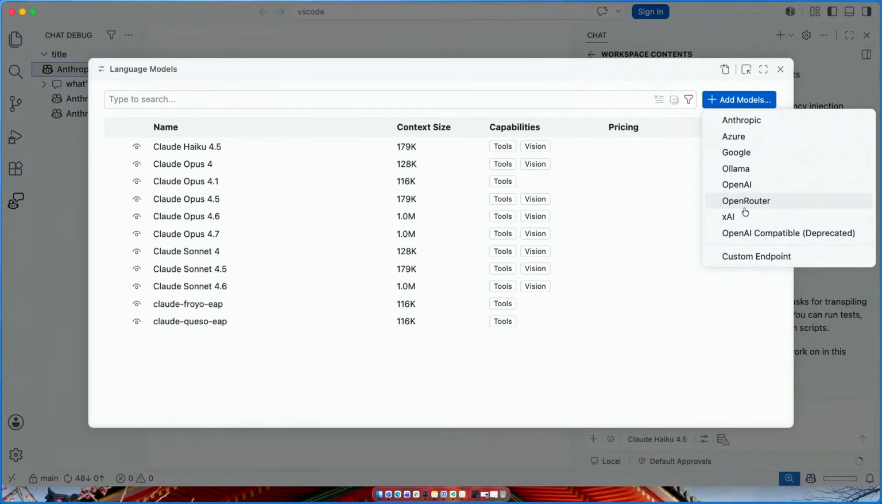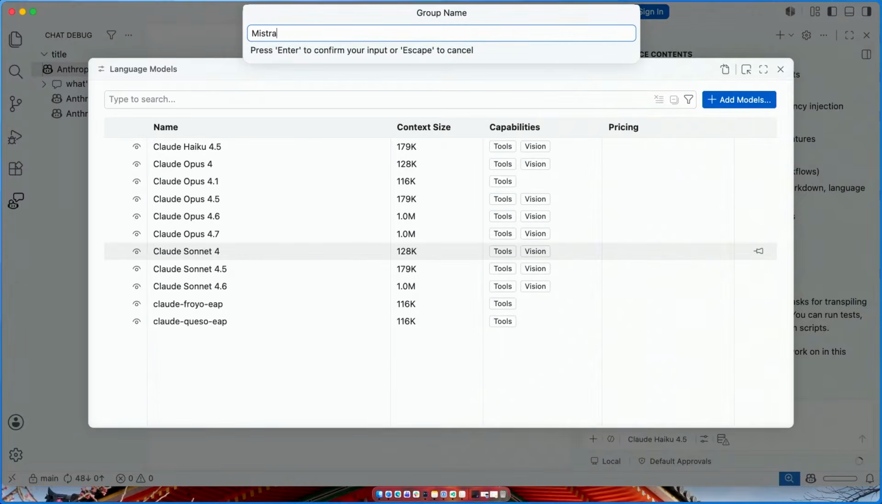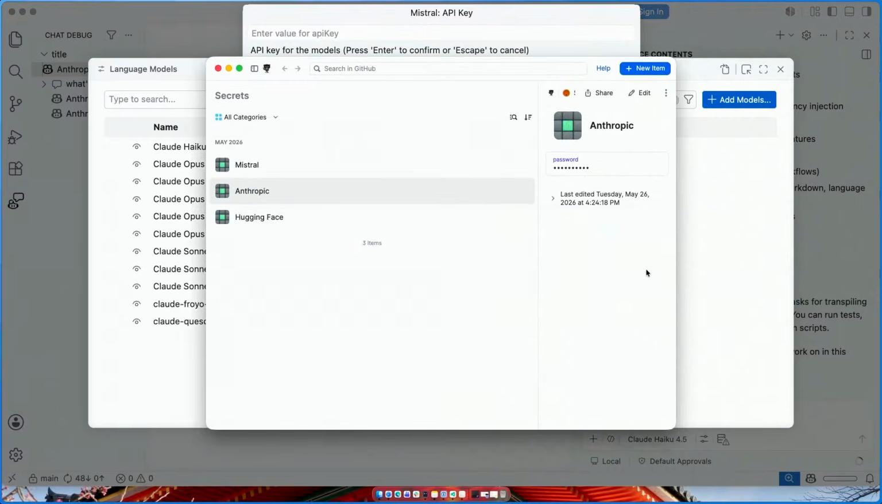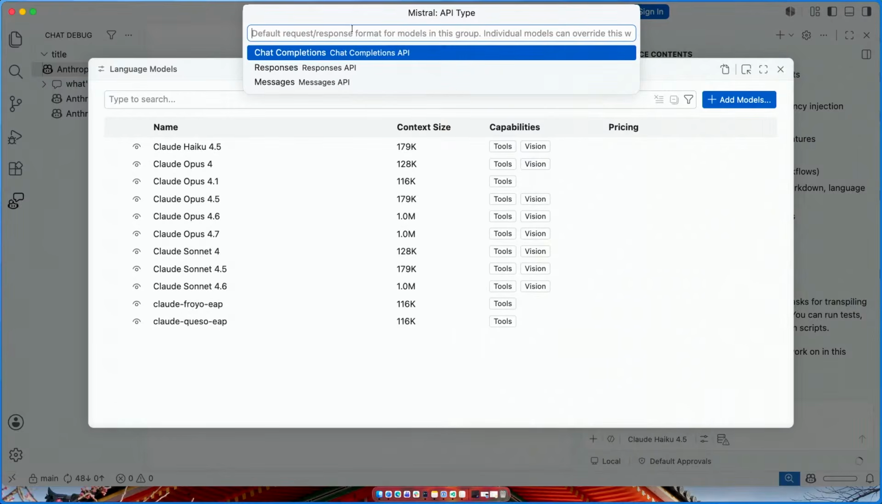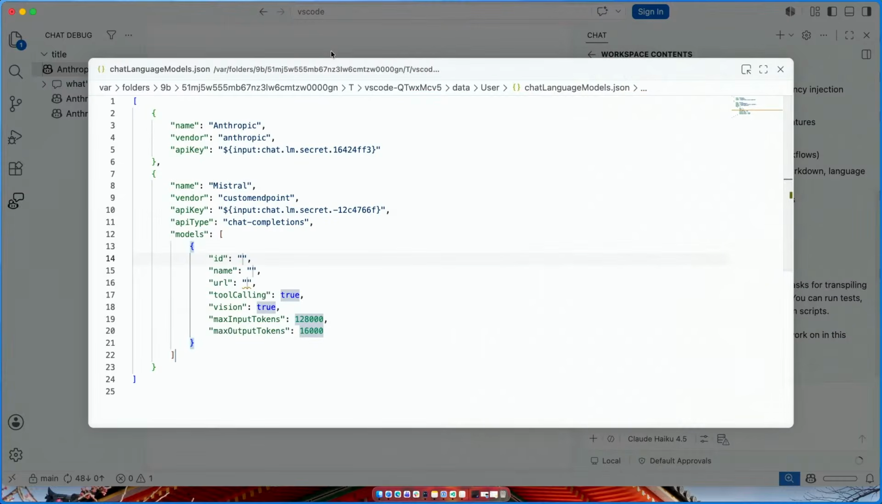One specific one I would like to point out here is custom endpoint. These are natively supported, where if you put an API key, you'd most probably get all of the models you have in your account. But if you have something custom, like Mistral, for example, let me go ahead and add my API key for that. And you can then select what kind of API the provider supports. Mistral, in this case, supports the chat completions API. Anthropic would support messages, and some support responses. Going to the